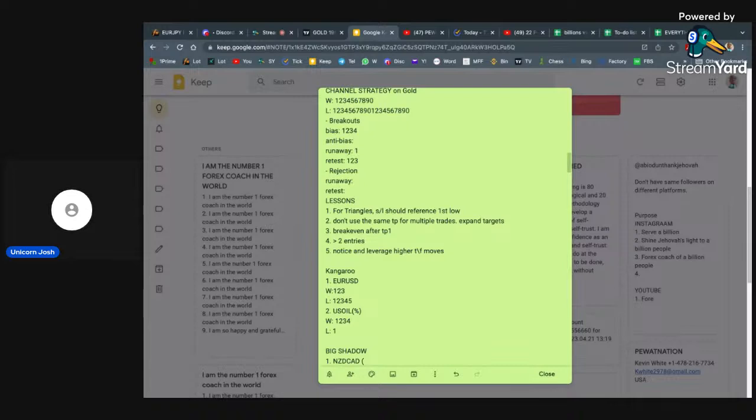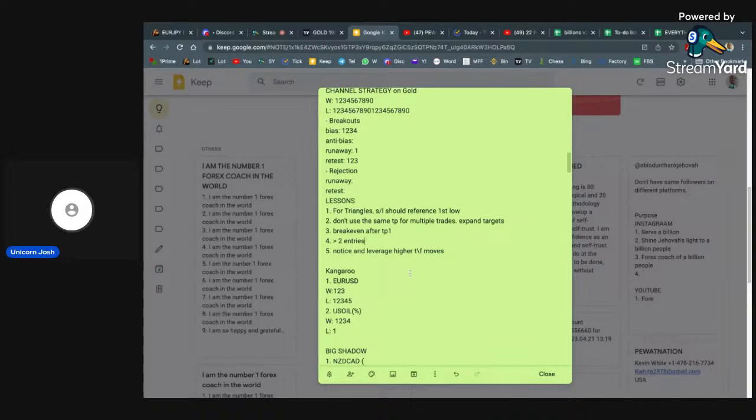But then, come on. Allow the trades to run. Allow the trades to run. And yeah, that's what I will try to do next week. So that's why I'm writing it down. I'll try to expand my targets and allow trades to run better.